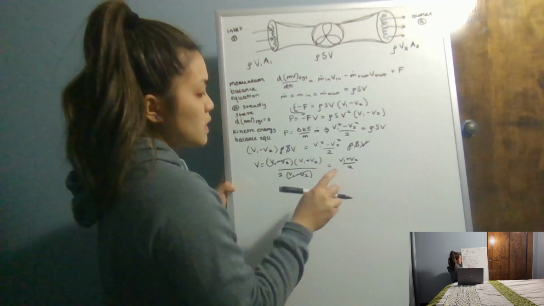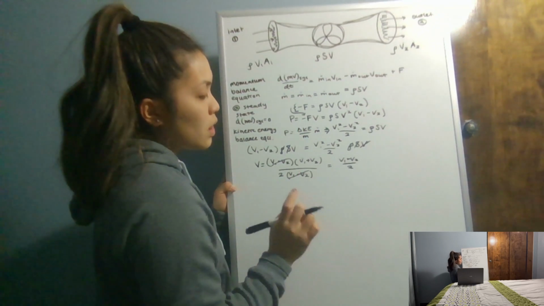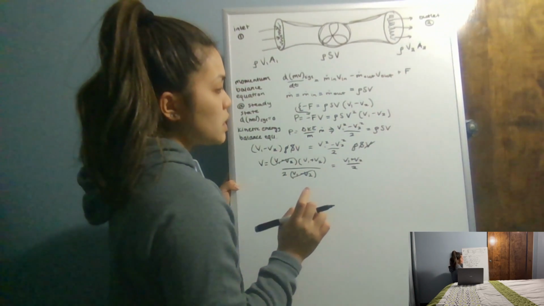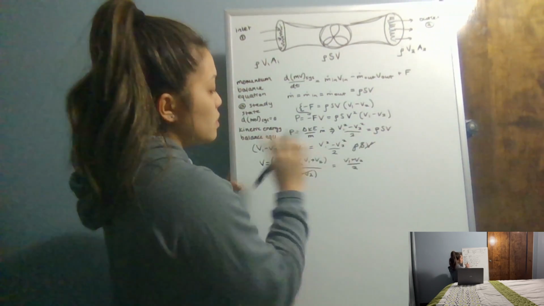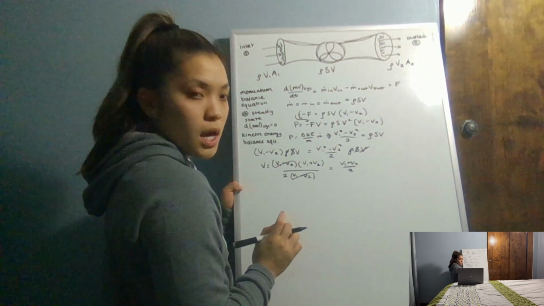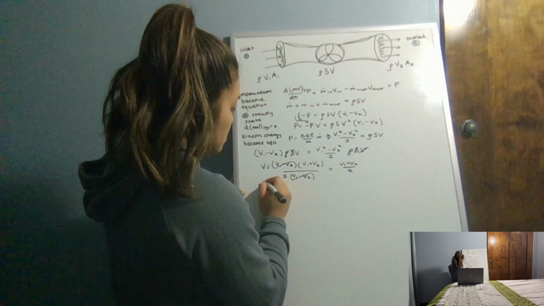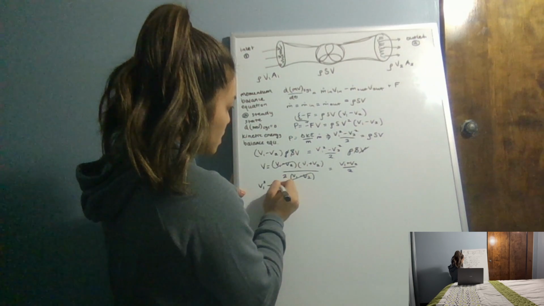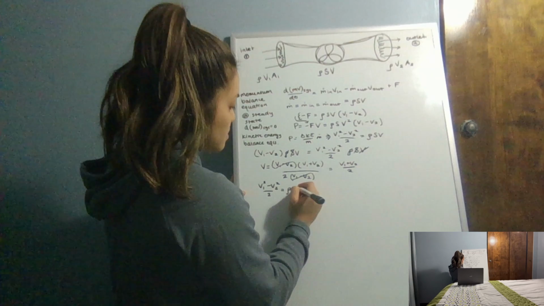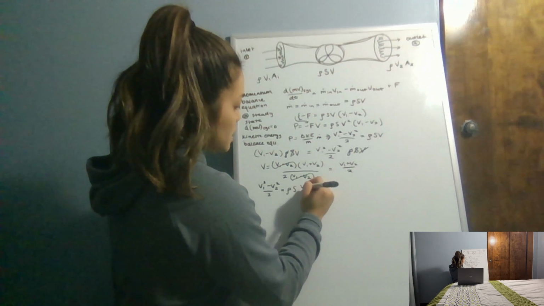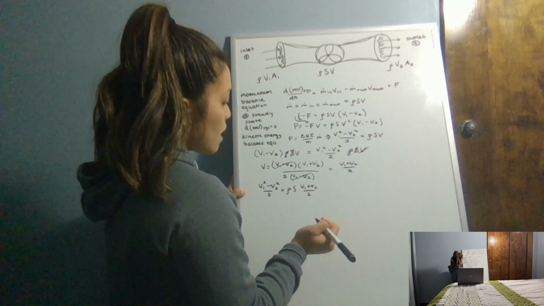And so now what we can do is we can actually plug this velocity back into one of the power equations. And so we can just use this power equation here, the kinetic energy balance equation. And so if we were to plug this in, we would have velocity 1 squared minus velocity 2 squared divided by 2 is equal to the density times the area times velocity 1 plus velocity 2 divided by 2. And so now what we can do,